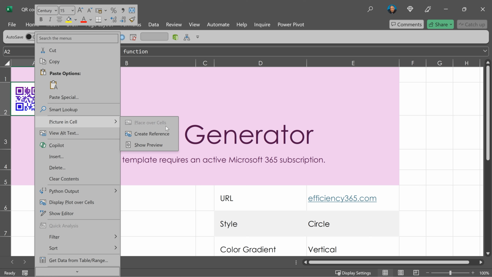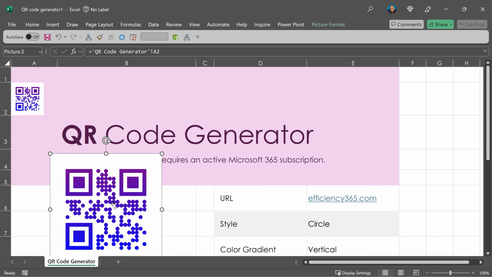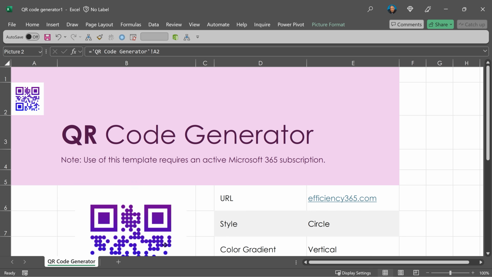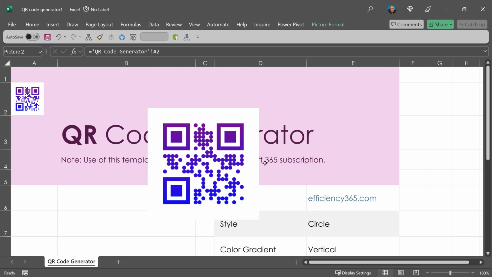Now why is that? Because I have not just inserted an image here. I have put code, and that code is generating image. So in such cases, you can't place it over the cells. But I want to. Then what do? Create a reference. So it's basically like a paste link referring to this. Now this one, I can float like this, or I can say, no, I want it inside this cell.